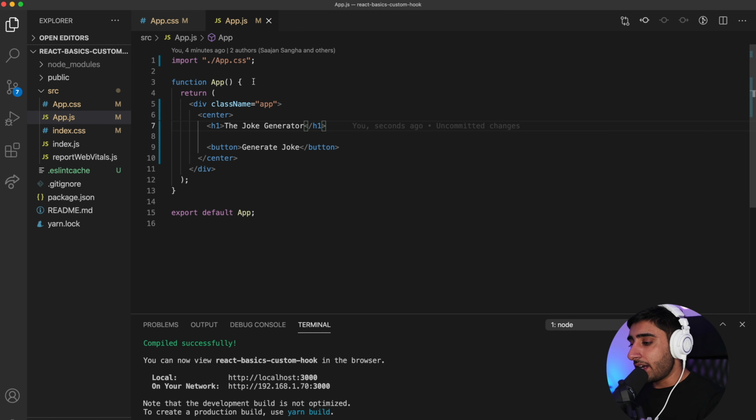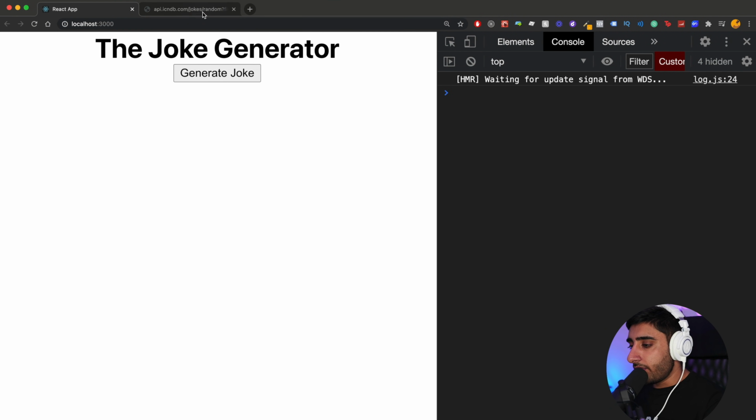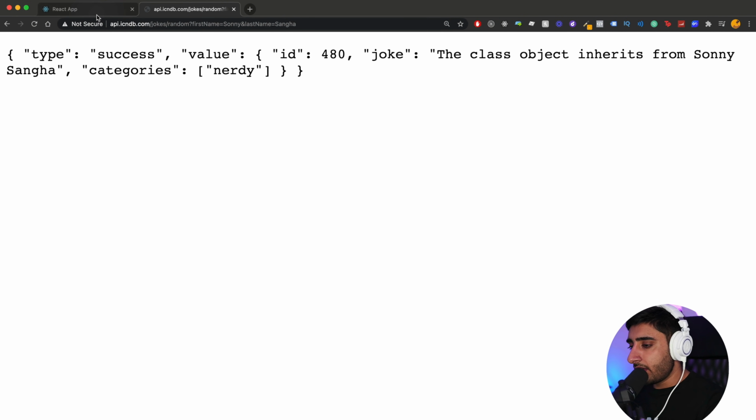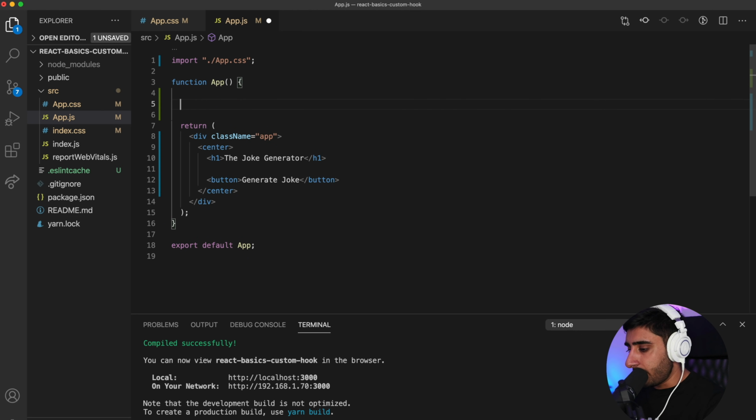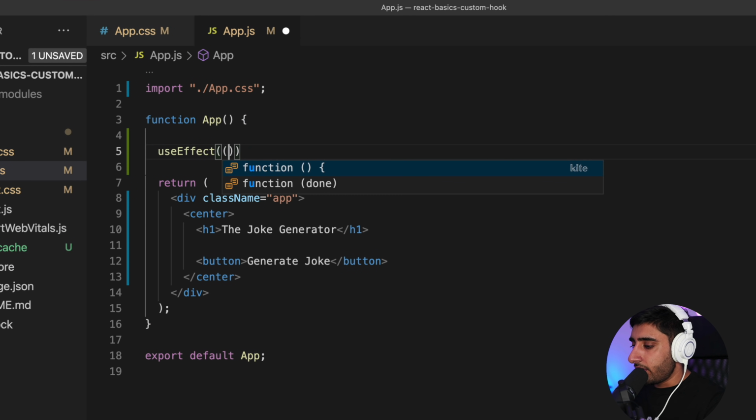Now, first I'm going to show you how to use a fetch call to make that request that we saw over here. So the simple GET request, I'm going to show you guys how to do that inside of a useEffect, and then we're going to refactor that into our own custom hook. Okay, so let's get ready to do that. So what we're going to do is write a useEffect over here,